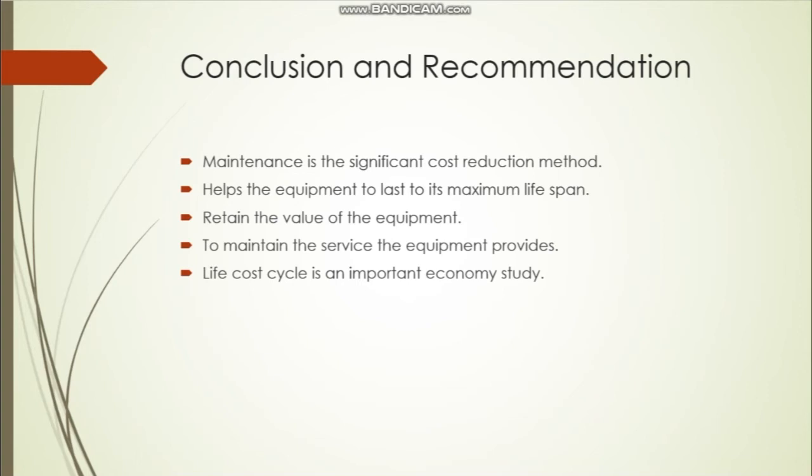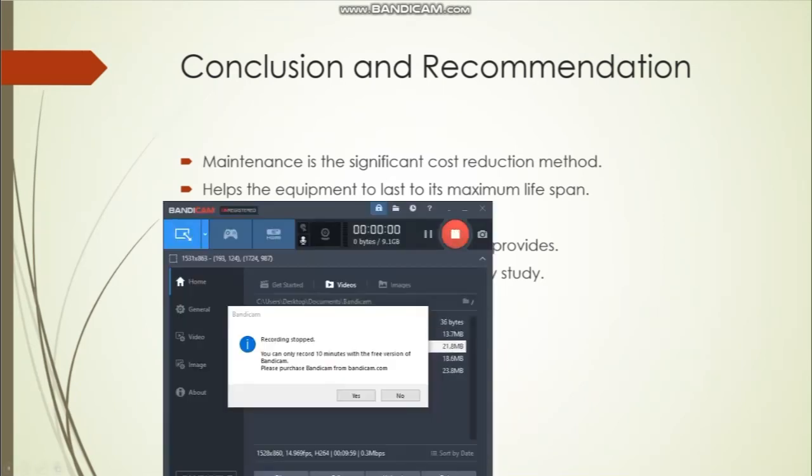It undoubtedly helps the equipment to last to its maximum lifespan, because maintained equipment is usually clean, and also during maintenance we can see predetermined damage, so we can prepare